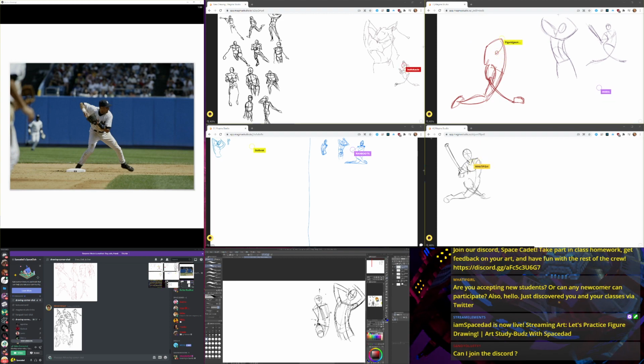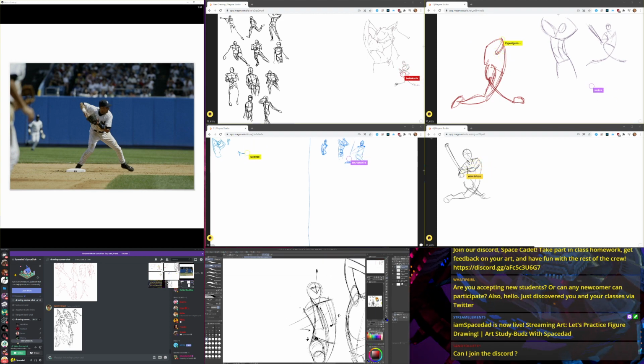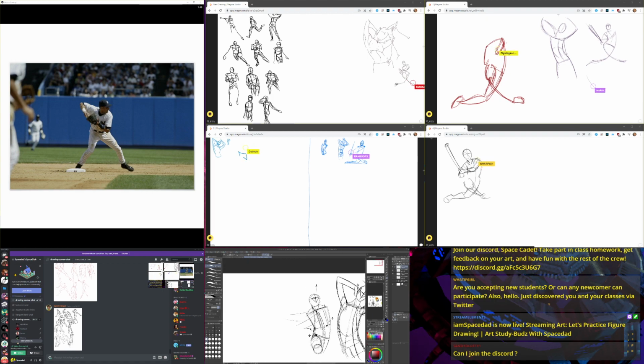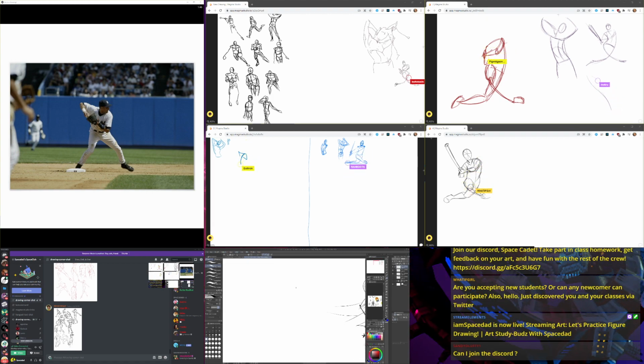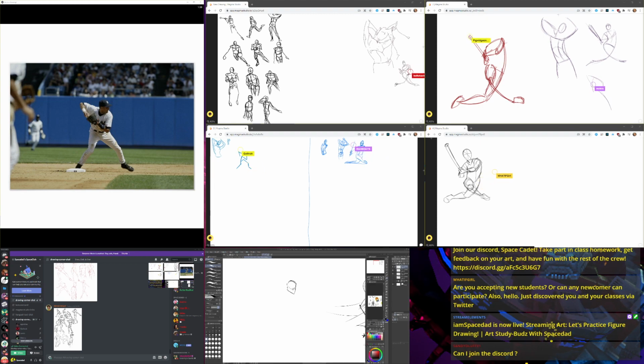So that's all I wanted to get. If I wanted to go further, I could add in simple indications of the arms and stuff like that. Alright, so same thing on this guy. We're paying extra close attention to the torso and establishing the torso and everything, because the limbs are a little easier to do once you get the physics of the torso worked out.